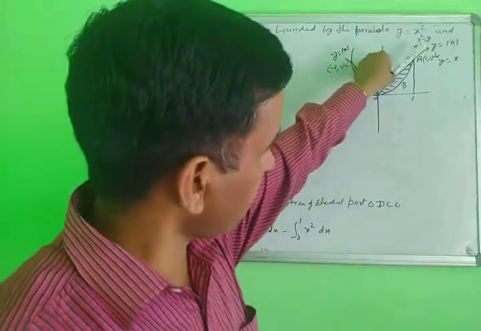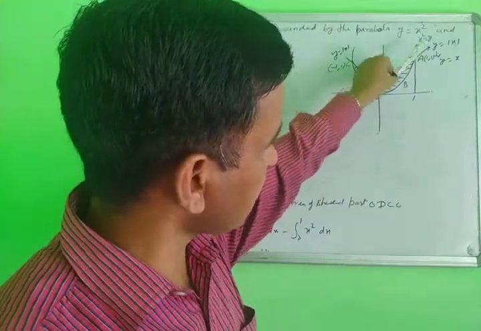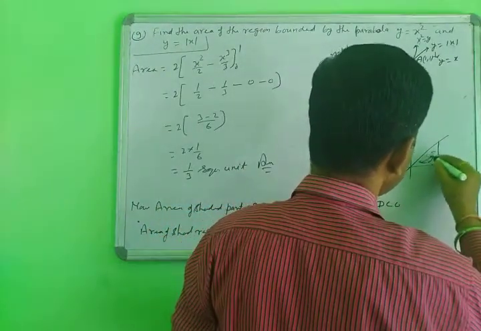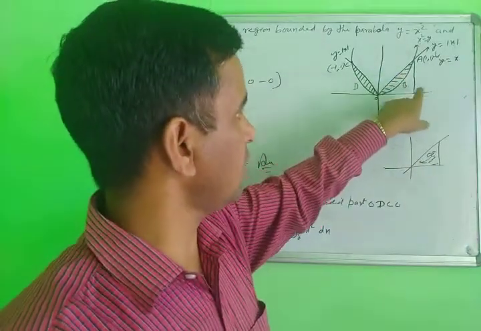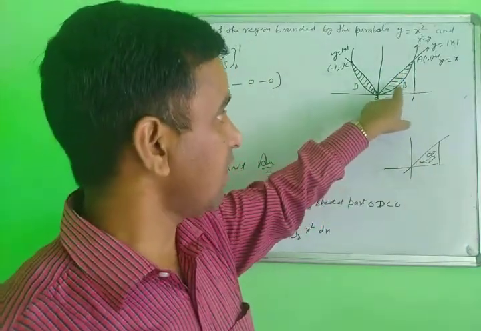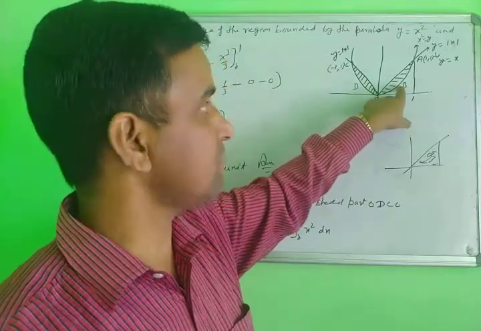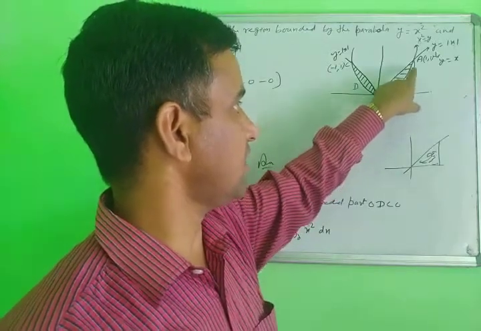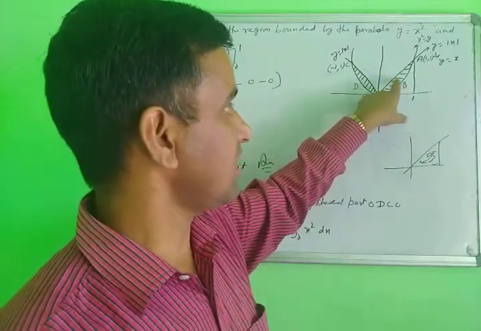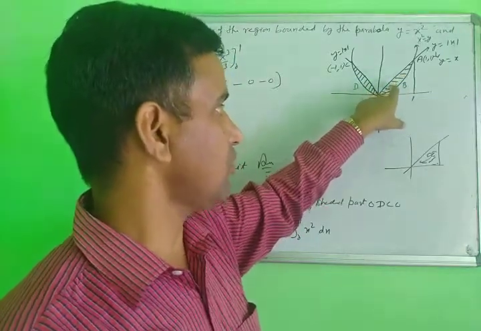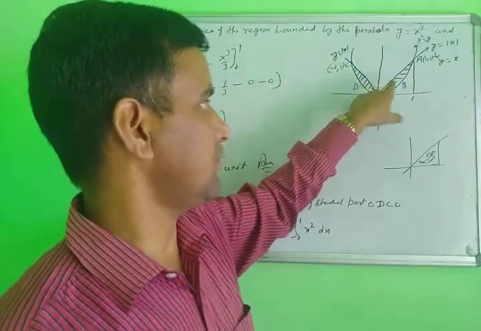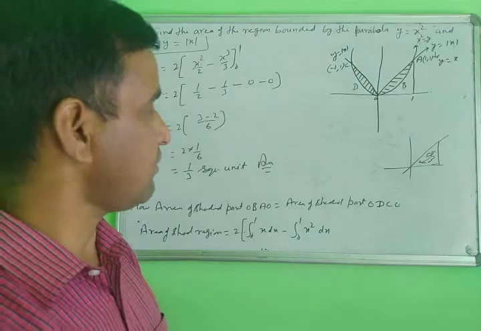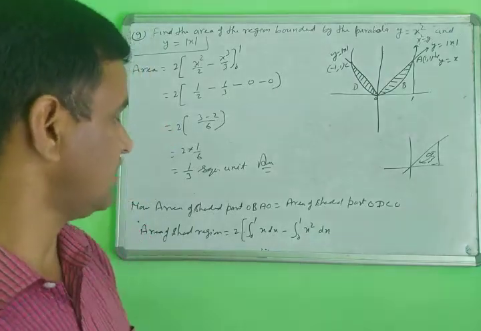How to solve this question? First of all, the area of the line: this line is covering the complete part, the complete portion from here to here, this corner. But when you subtract the area of the curve, the parabola, this parabola subtracts this portion. This white portion is subtracted by the area of the curve. Then you will get only the area of the shaded part. And when you multiply by 2, then you get the complete shaded portion. In this way you solve the question. This question is a very important question. Yes, you note it down.